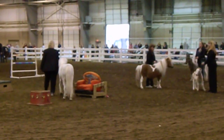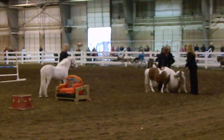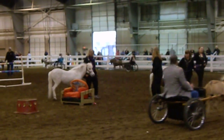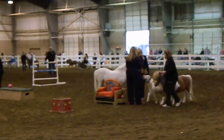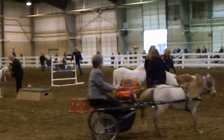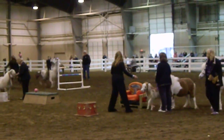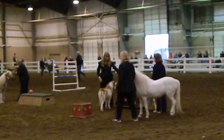We hope we have shown you that miniature horses can be anything you want them to be: a show horse, a driving horse, a business, or a companion. The possibilities are endless. They bring smiles to the faces of almost everyone they encounter, but remember, it's very hard to own just one. They are like potato chips. Once you have one, you will want more. We welcome you to stop by the miniature